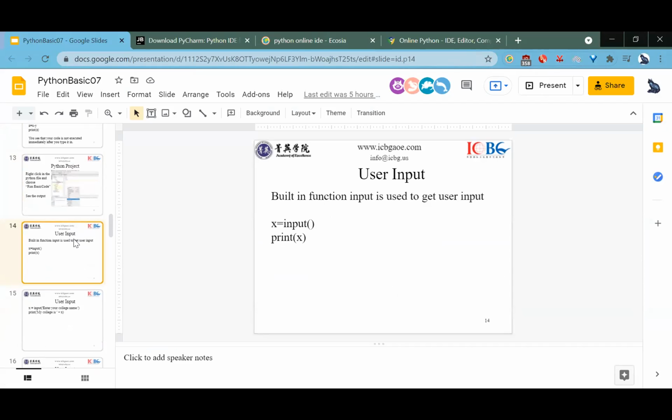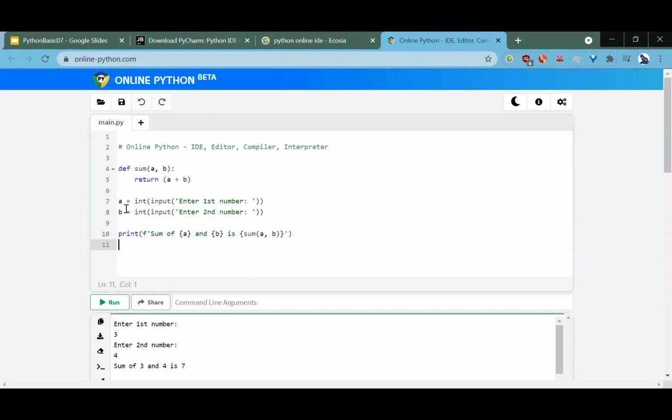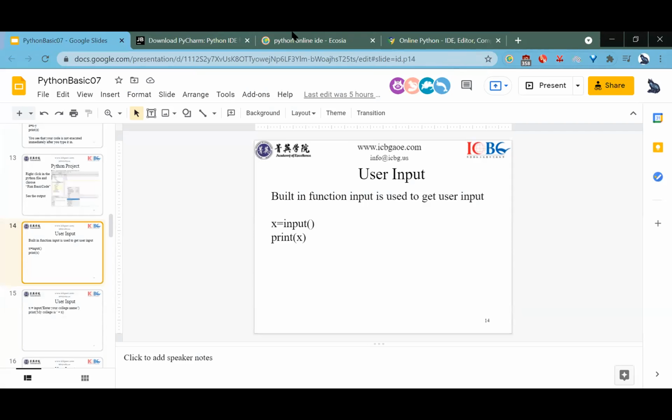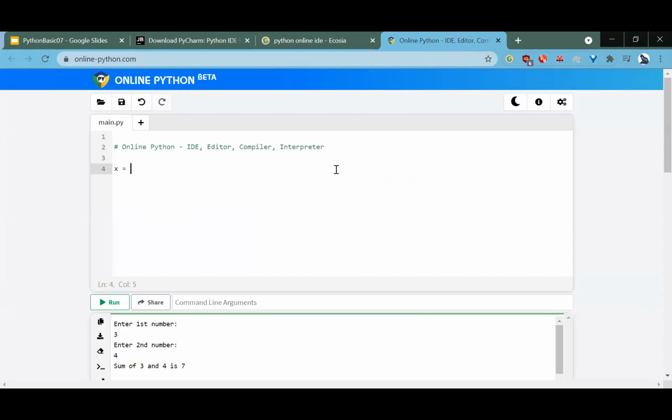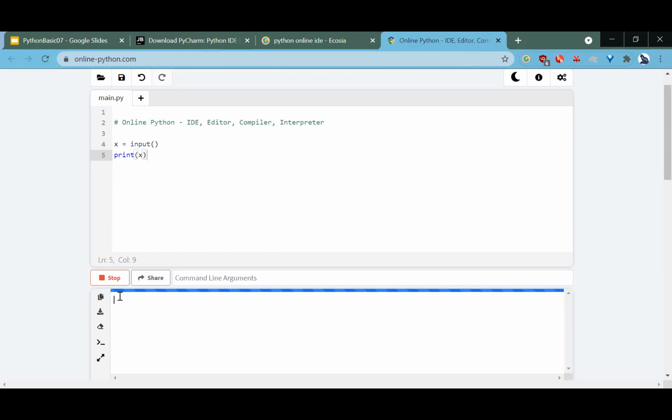So first thing we're going to go over is user input. There's this built-in function, input, that you can use to get user input. So let's get rid of all this example code. And we can just say x equals input, print x. And you can type this in also. And then when you click run here,